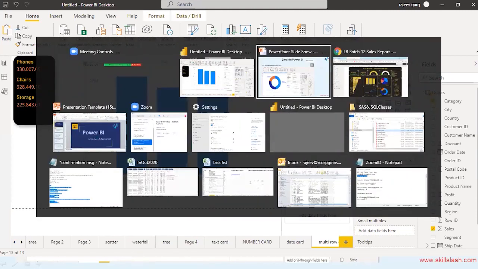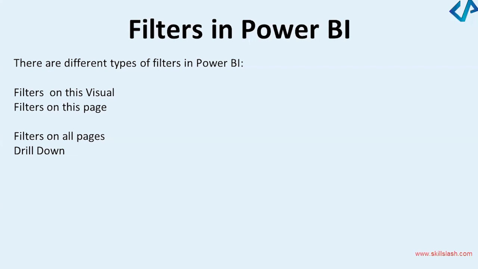Okay, let's see what comes next. The next thing coming up is filters in Power BI. Before I proceed with this filter, how is it going so far? Are you getting the value out of this module? If yes, type in V in the chat box if you are really getting value out of this. Yes, good. Superb. Value, yes. Wonderful. Great.